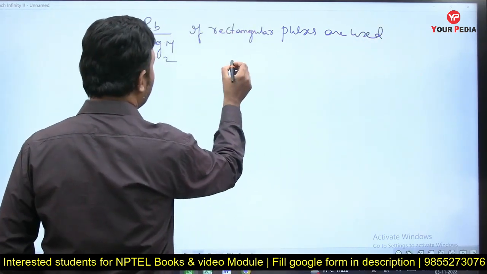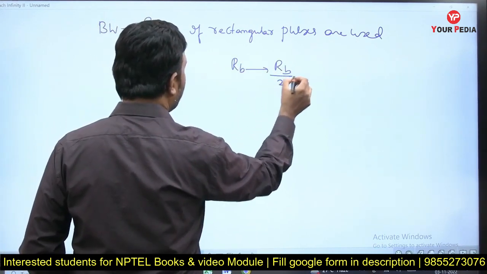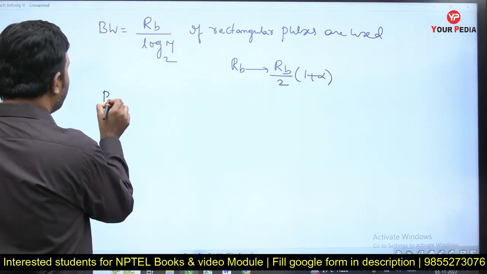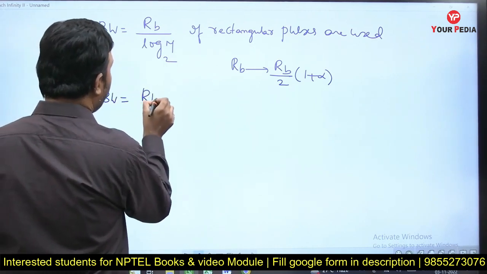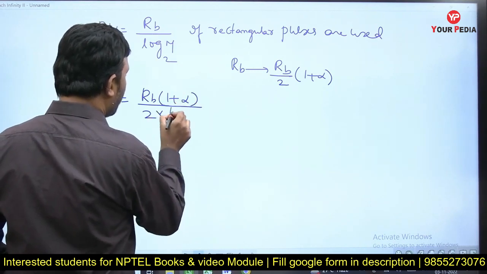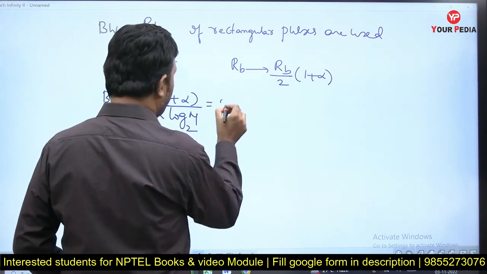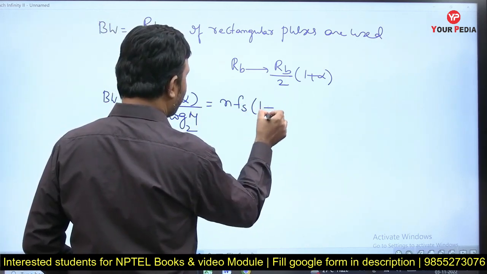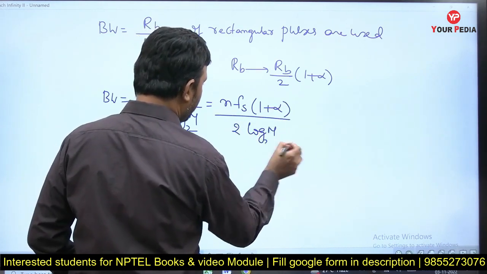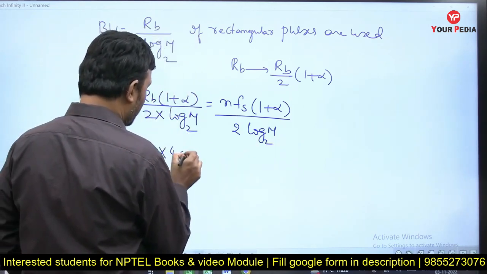What happens if raised cosine pulses are used? I told you, for raised cosine pulses in the maximum bandwidth, wherever you have RB, replace that with RB by 2 into 1 plus alpha, right? So what happens to the bandwidth now? RB by 2 into 1 plus alpha by log M to the base 2, or this is N Fs into 1 plus alpha by 2 log M to the base 2. Our bandwidth is equal to, N means 8, Fs means 4000